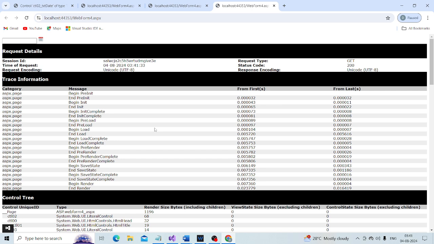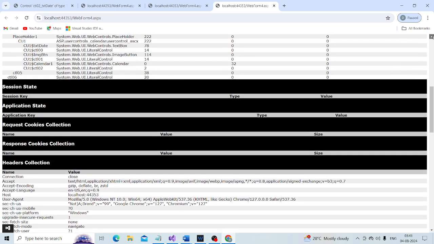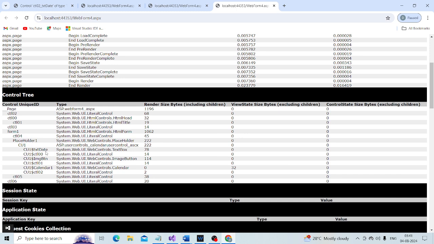It should have given the ID that we have assigned. Look at here, CU1. So the meaningful ID CU1.